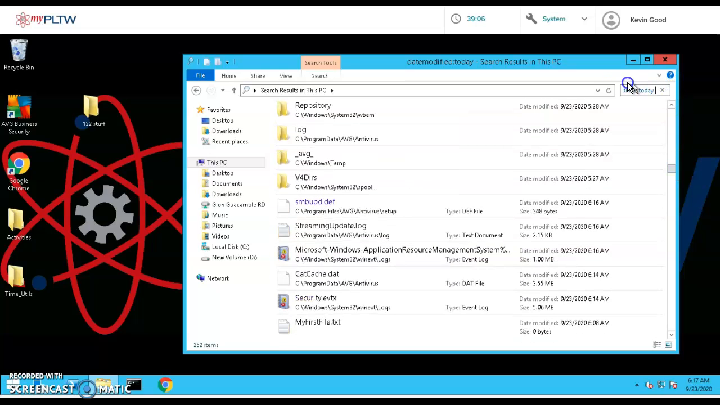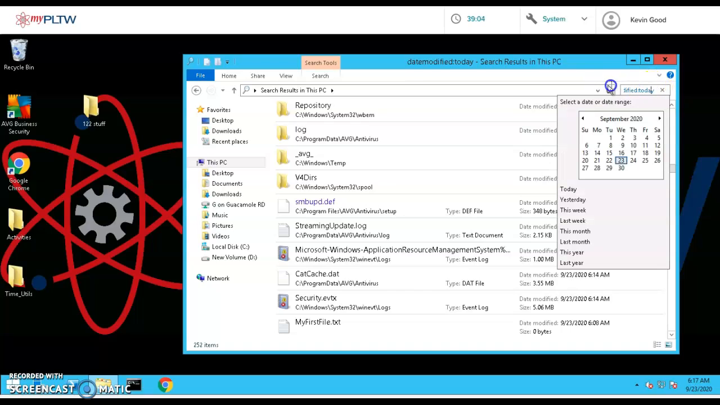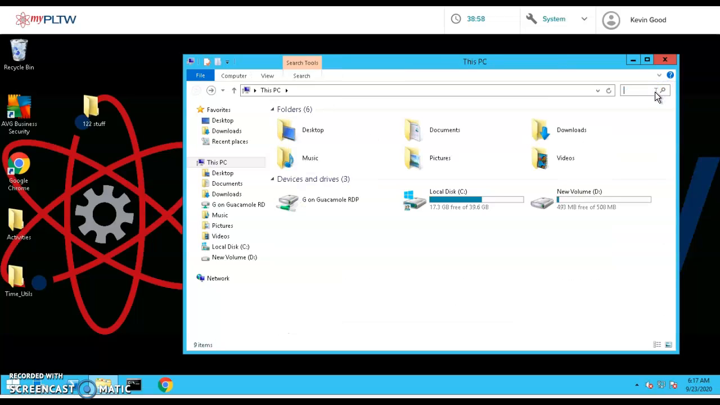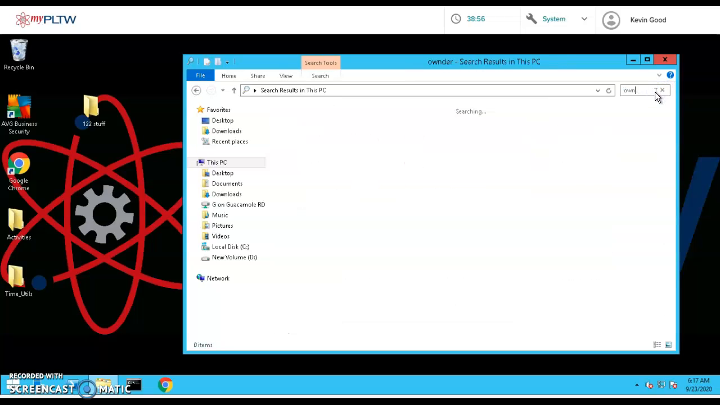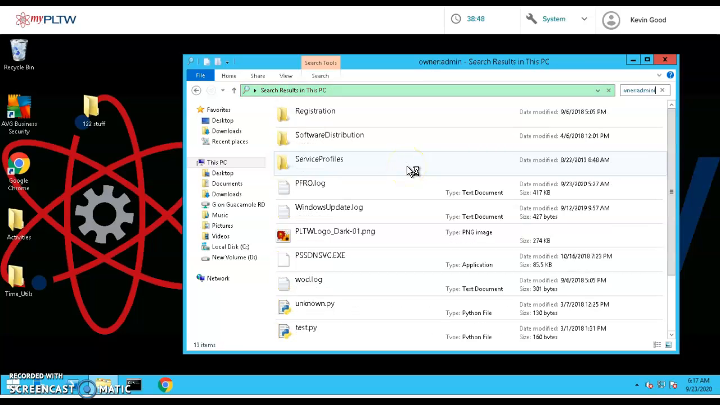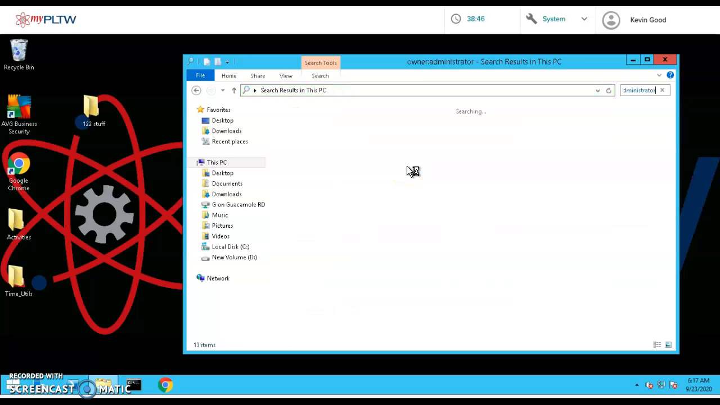You can probably search by owner, right? Let me clear that out. And you can pick an owner to search for. You can search by the owner being administrator and see what files that person